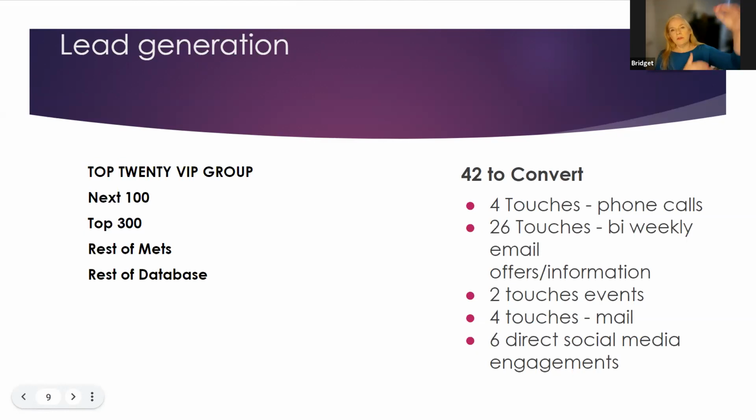And then after these groups, that's where it becomes the rest of the METs or the rest of the database. Those are people like open house leads that never did anything, or people you met at a golf expo when you had a booth, or people you met at the horse cutting show that filled out the little raffle, but they never engaged. So the way that breaks down, as this list goes down, you'll spend more money and time at the top, and then you spend less time as you go down. With that rest of database, we don't want it to be a lot of your time, especially if you're a rainmaker. We want it to be automated.